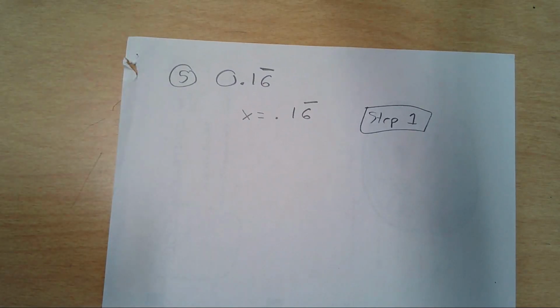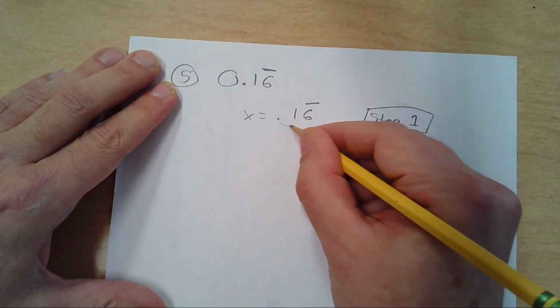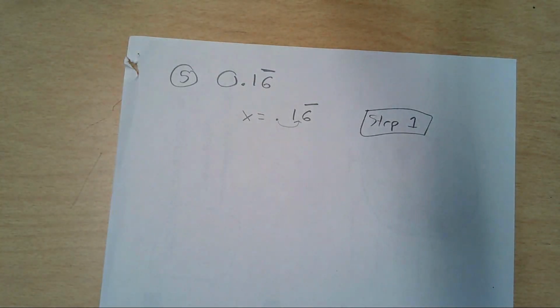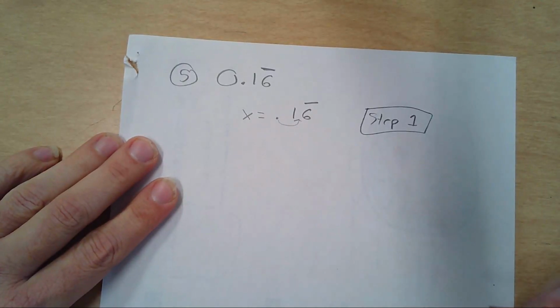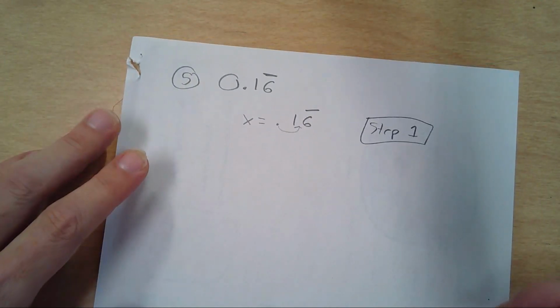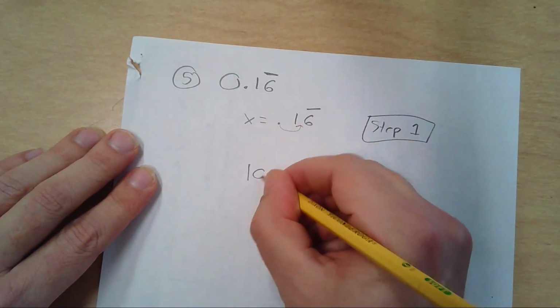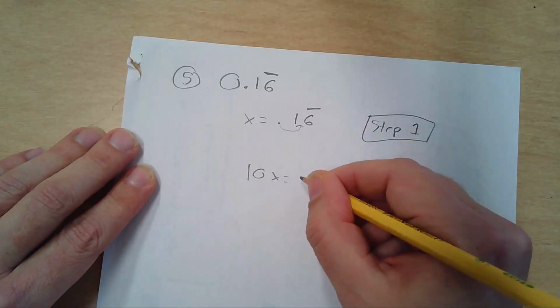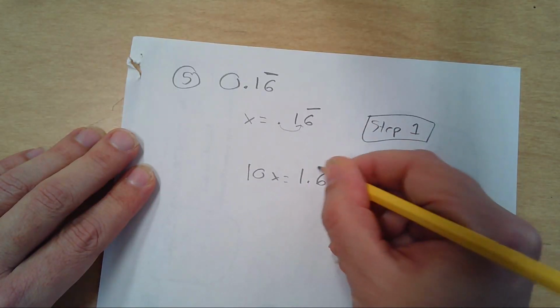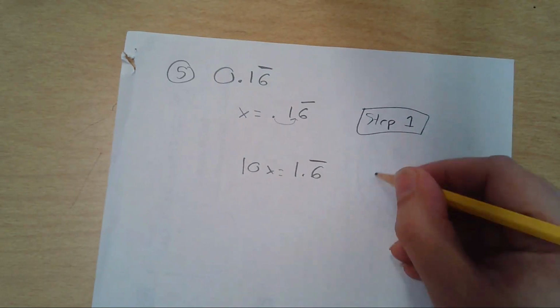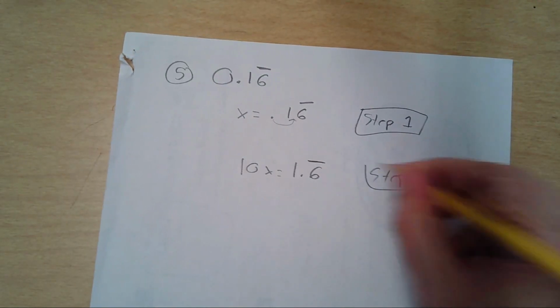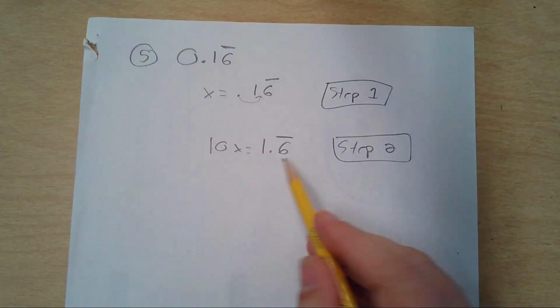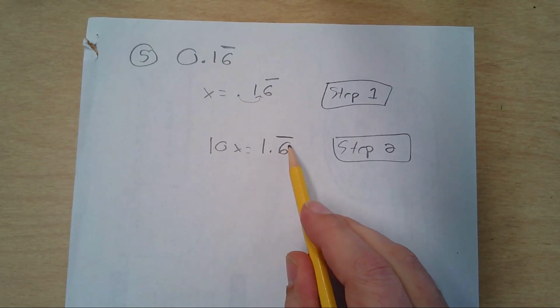Step two, I need to move the decimal so it's right to the left of wherever the repeating digits happen to begin. In this case, I've got to move it one spot. Got to go from here to here. So since I'm only moving one spot, that means I'm multiplying by 10. 10 times x is 10x. And then this is 1.6 with the 6 repeating. Step 2. Multiplied everything by 10 to get the decimal right to the left of wherever the repeating